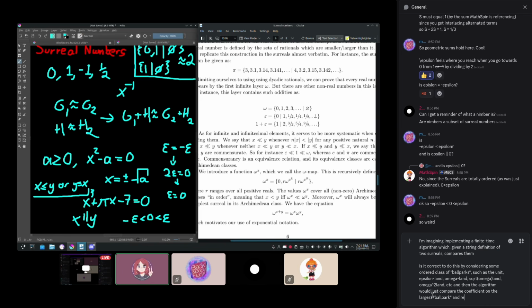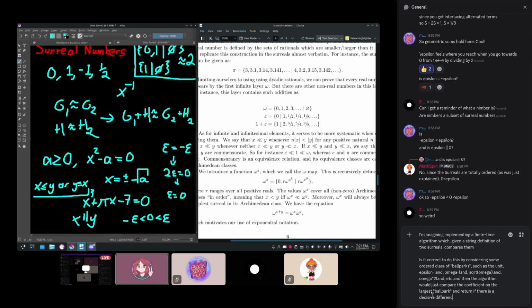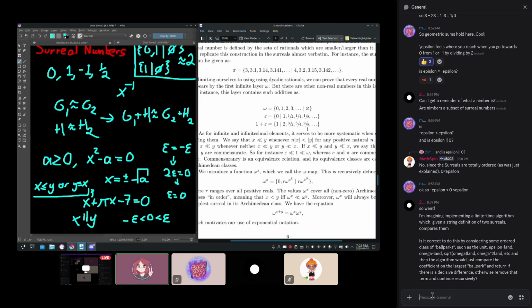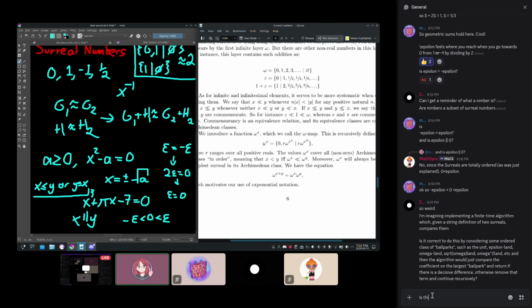Or we can also have 1 plus epsilon, so that would be the game where left can move to 1 and right can move to 2 or 3/2 or 1.5 or 1.25 or 1.125. Basically all of the real numbers that are larger than 1. What else do we have? We have a way of taking powers of omega, which is really interesting. It's actually super cool.